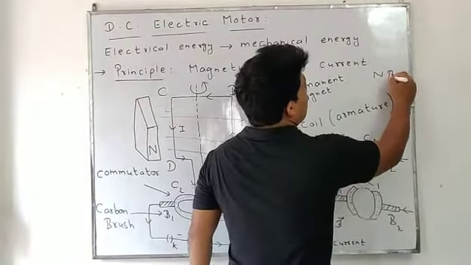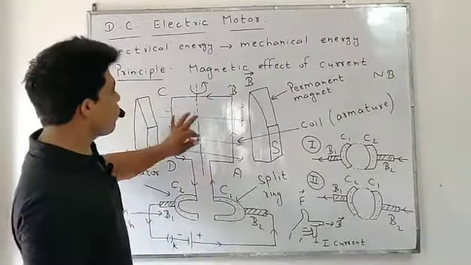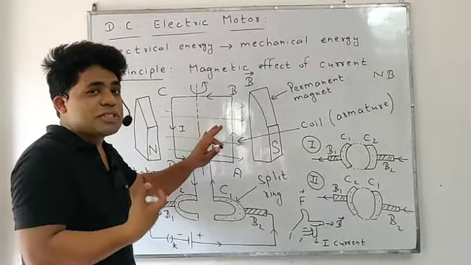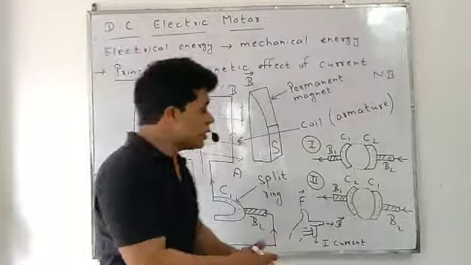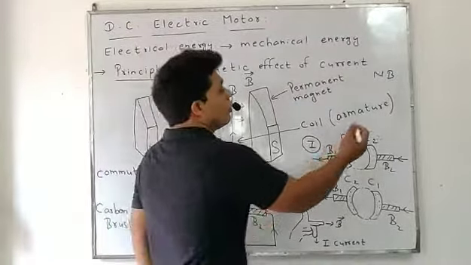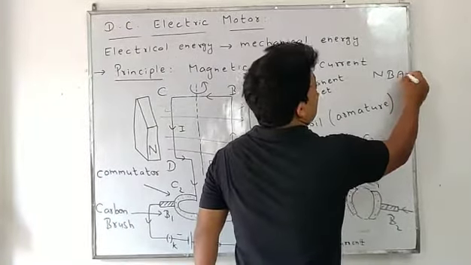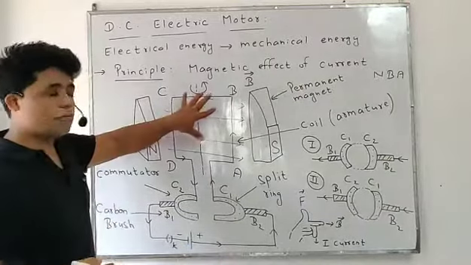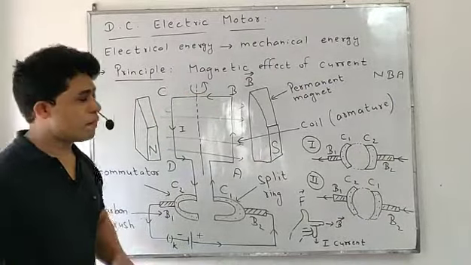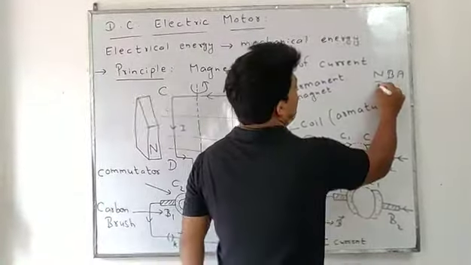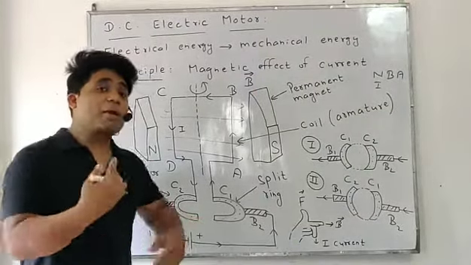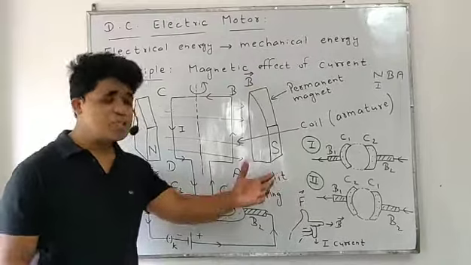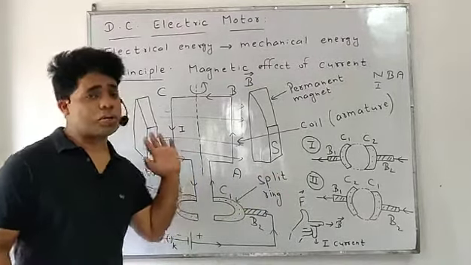Then B is the magnetic field. When we provide a strong magnetic field, when we increase the strength, the intensity of the magnetic field, it can also increase the rotation. When we increase the area of this coil, it also increases the rotation. And finally, in current, when we provide more current, that can provide more rotation. In this way we can increase its rotation.